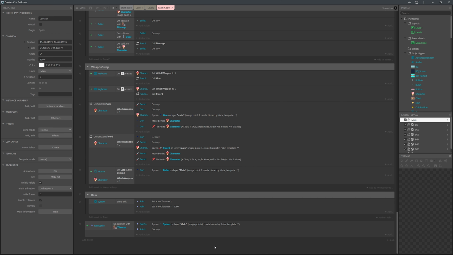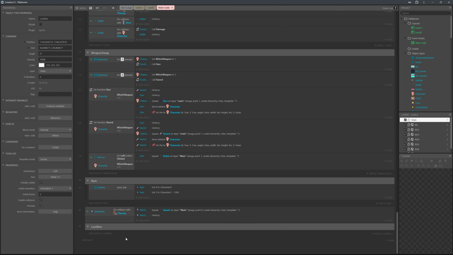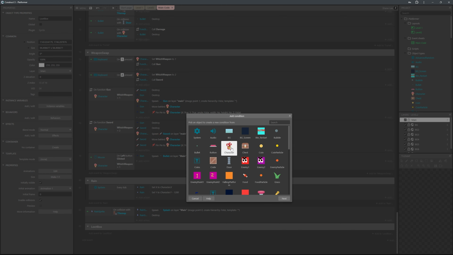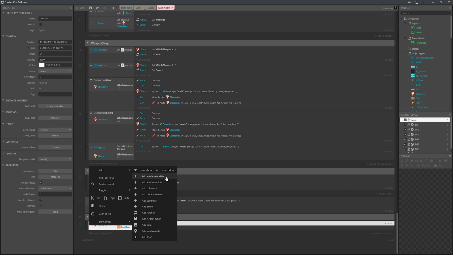Okay, so next go back into your event sheet, and we're going to set up the firing event. So for this, to keep it all nice and organized, I'm going to create a new group, and I'm just going to call it loot box. And so now what we're going to say is on interaction with the loot box, and we're going to create a basic interaction for this example, and then when it does that, we're going to make the probability table give us an item, and then we're going to set it. So again, if you're following this tutorial series, you'll already have the character, so we can use the character, and then we could add another condition,